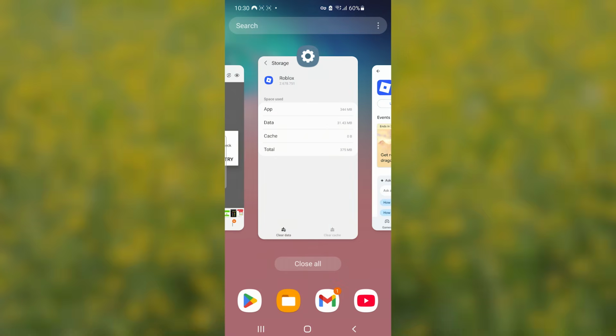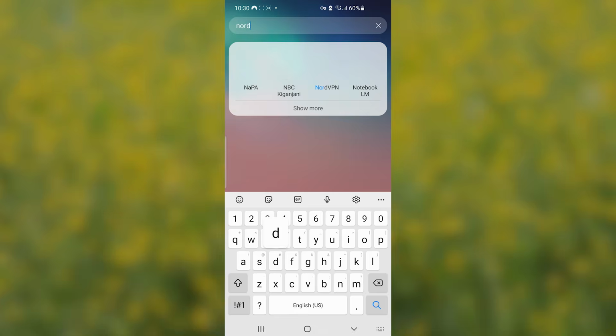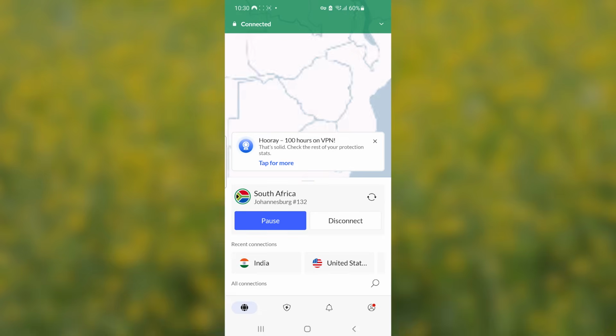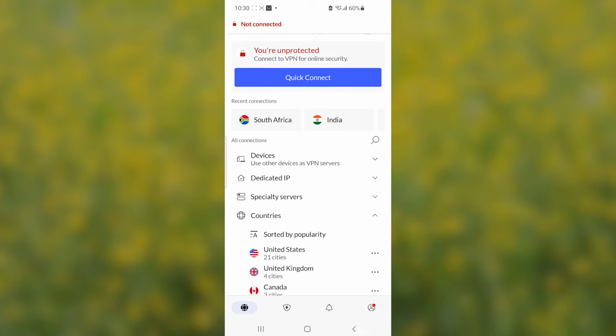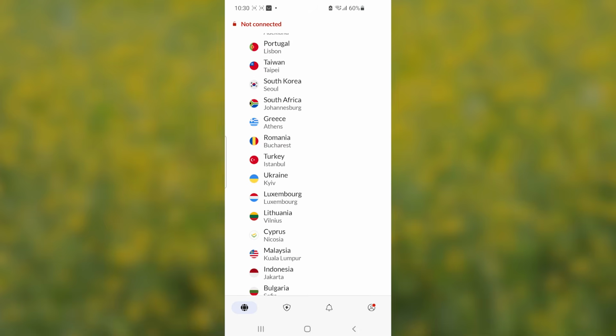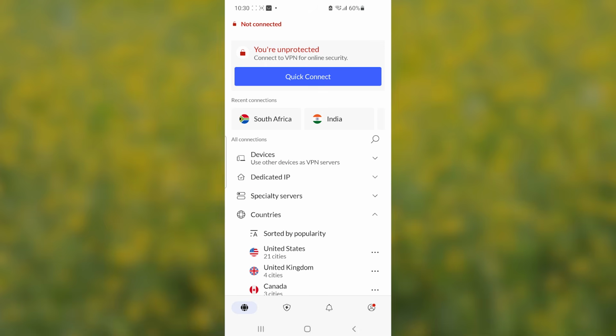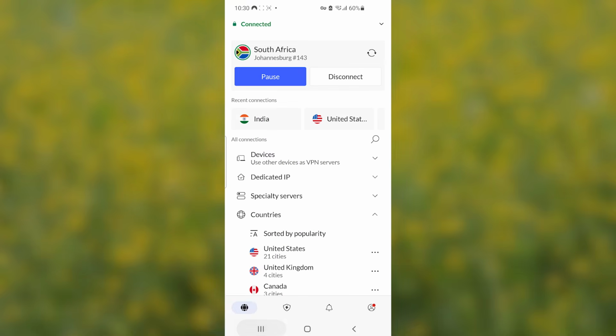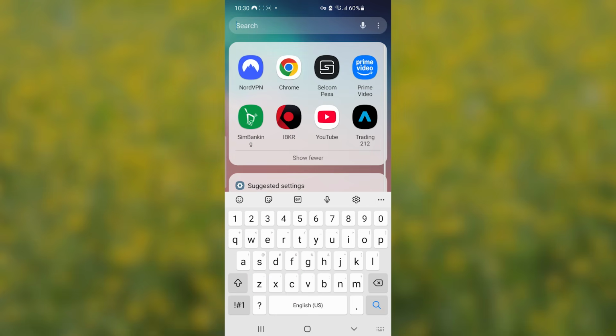I'm using NordVPN. You can see here, if I search for NordVPN, I'm using NordVPN. I can just search for any server and connect to it. Sometimes I solve a lot of issues regarding connection errors on various apps. Simply connect to any server that you want and just relaunch that application, which is Roblox, and your problem should